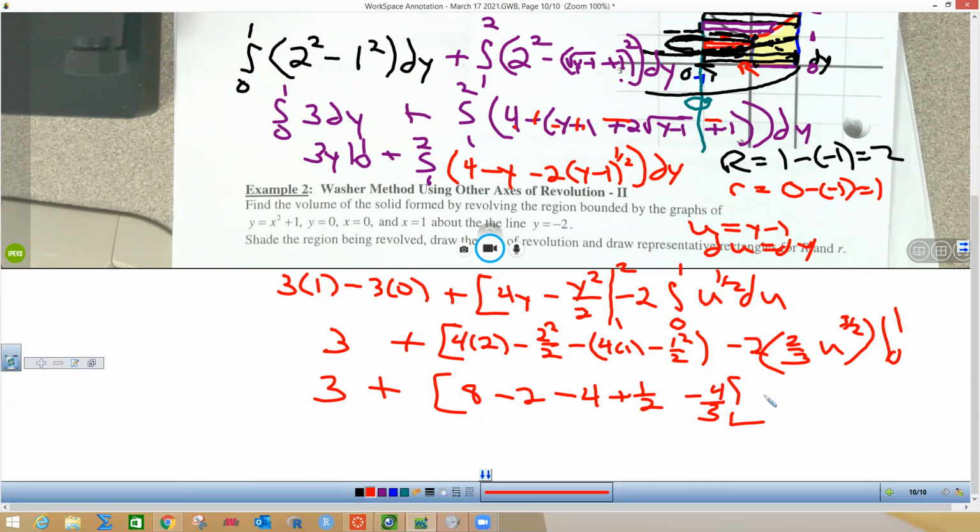And then I'm going to have 1 to the 3/2 minus 0 to the 3/2, which is 3 plus, let's see, that's 6 minus 4 is 2.5,